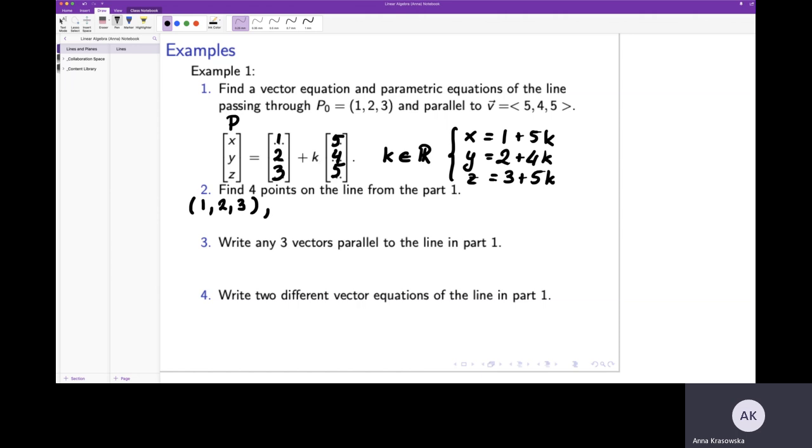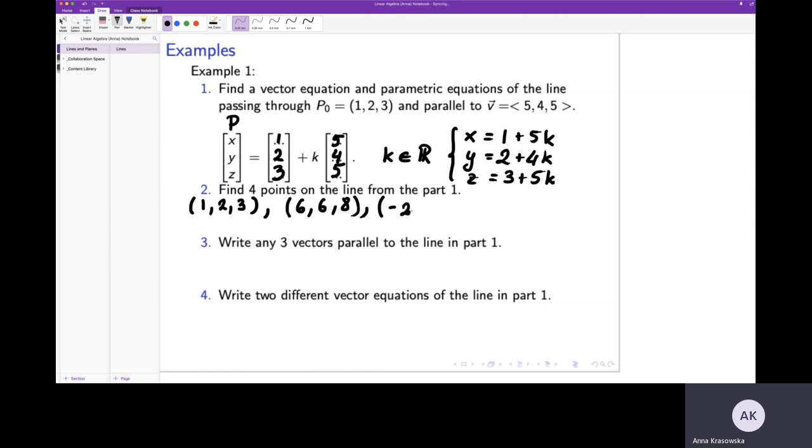By changing the value of the parameter, we can produce more points. So for example, when k is 1, we will produce (6, 6, 8). k can be any number, it does not need to be an integer. But for simplicity, we will use maybe -1 now. If k is -1, that will give us